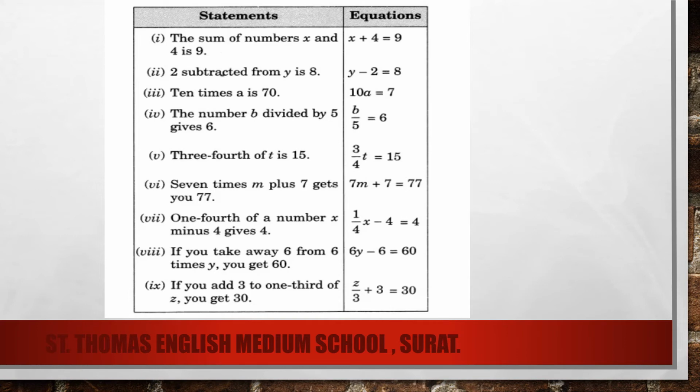Now, you can write this answer like this. Make a box and write here statements and next column, that is equations, and copy one by one. Question number 1, 2 like this up to 9. Write the question and write the answer. Okay. So, first you write yourself and check the answer. Clear? So already I explained. So you have to write in the notebook like this. You have to write the question and make a box like this. Statements and equation. Write all the questions and you have to write the answers by yourself. Clear? After writing the answer, you have to check whether the answer is correct or not.